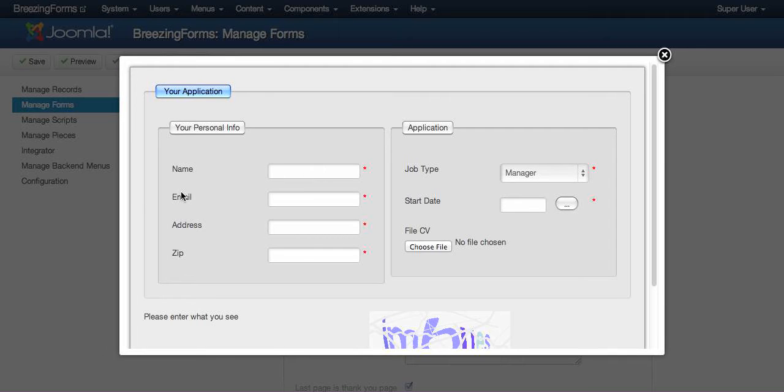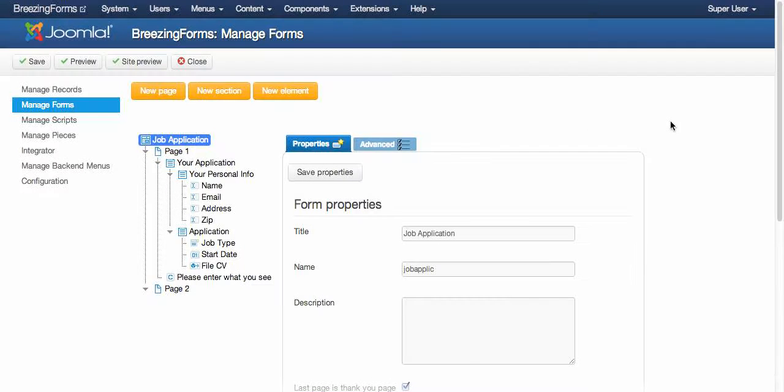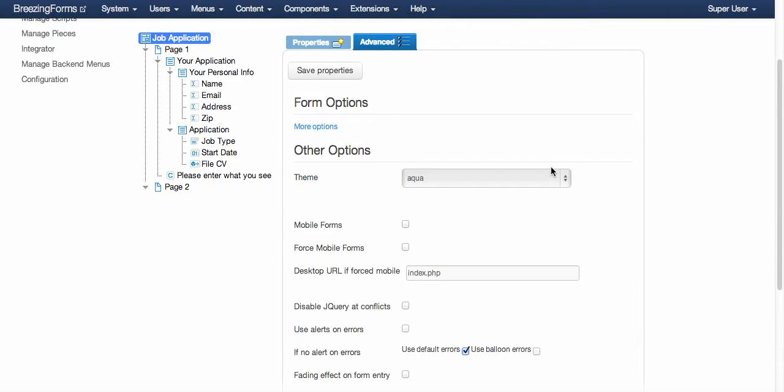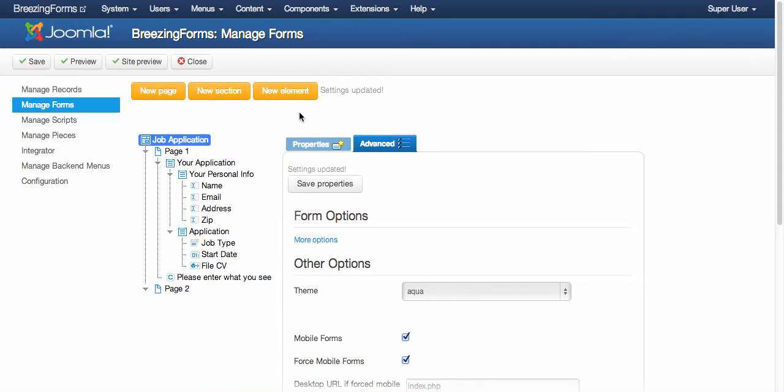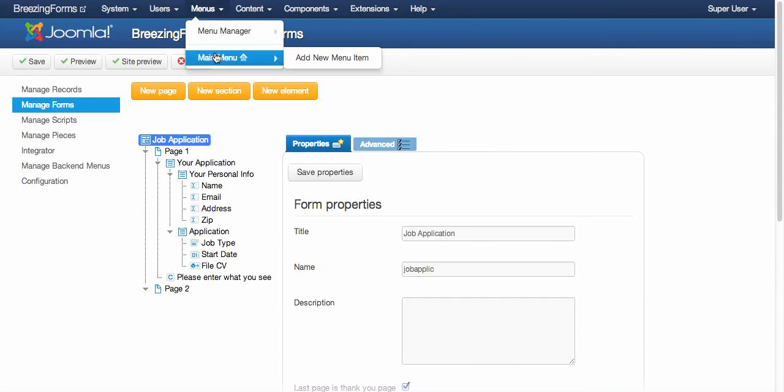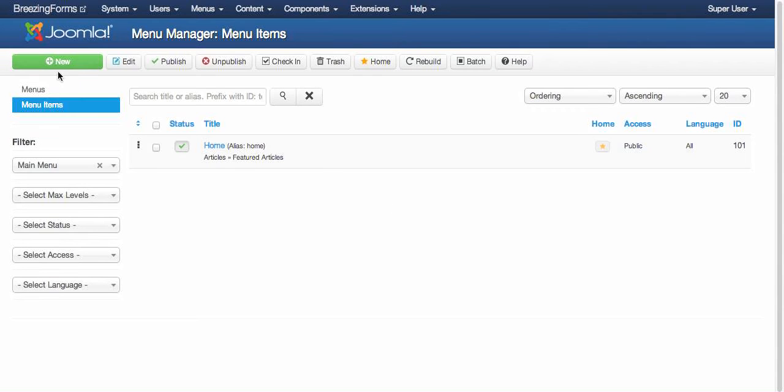But there's another thing. We did a little bit more work to serve mobile devices. And this is what you find here in the advanced tab of the form settings, the mobile forms feature and the force mobile forms. So if I enable both, and I'm going to create a new menu item on that form,